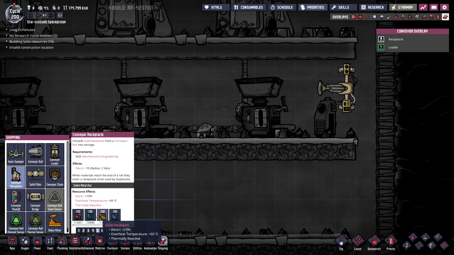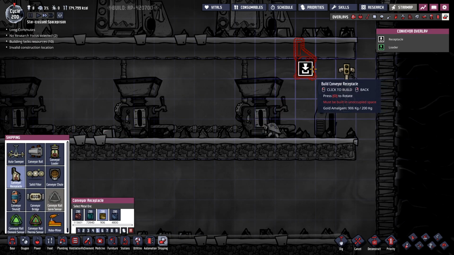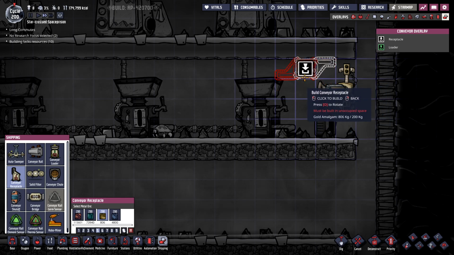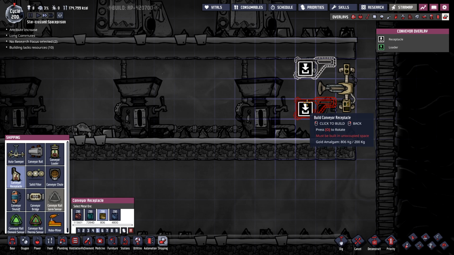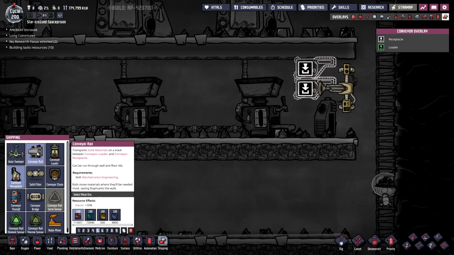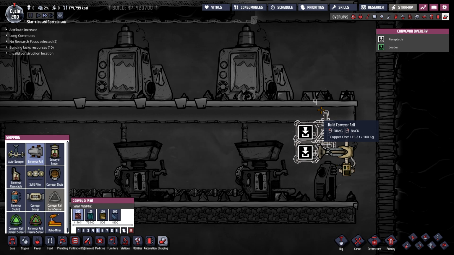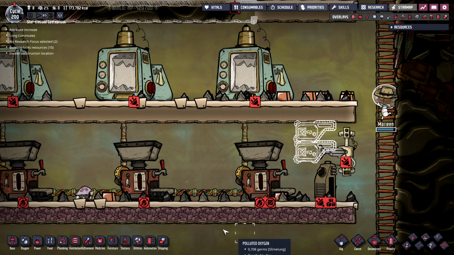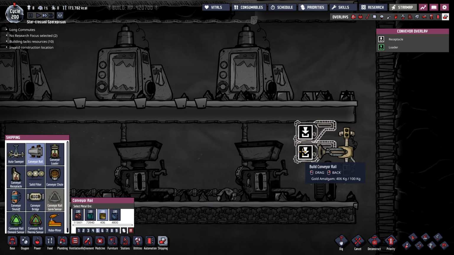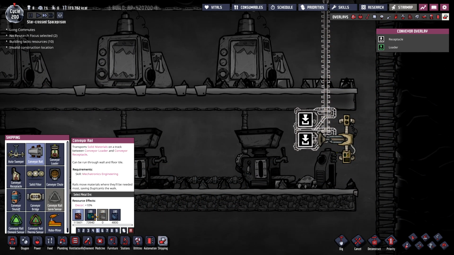So what do we have going on here? Now that the auto super has been put in, let's go ahead and place the conveyor receptacle, and we'll also put in another one. Okay, so the top one, we're gonna do this. The one on the bottom, this will be for refined carbon. So let's go ahead and hook this up so that way that can go there. The top one, however,